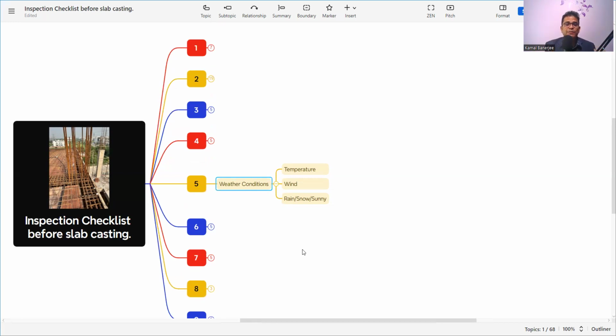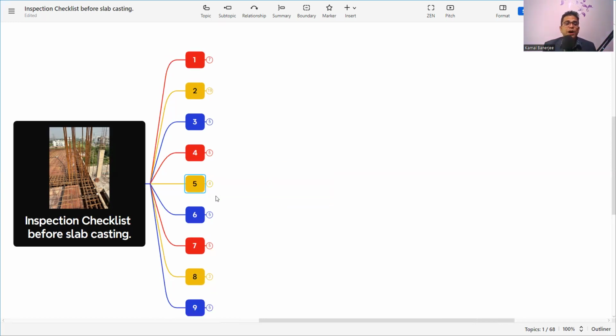And if it is raining or snowing, we also need to check whether the weather condition is favorable for the concrete or not, as per the design document, the codes, or the project spec. So we need to check that also. If it is okay, then only we can start the concrete. So after checking the weather,